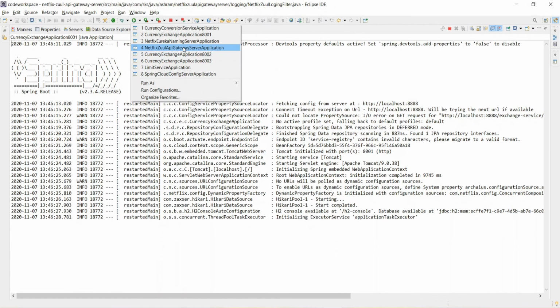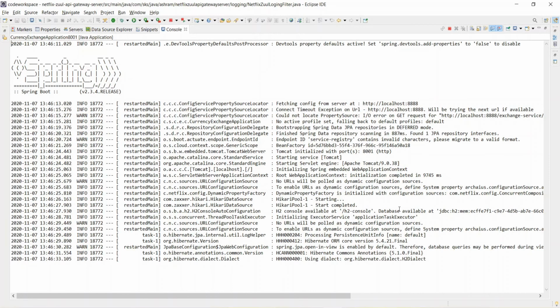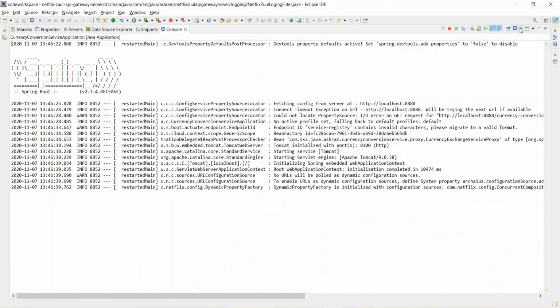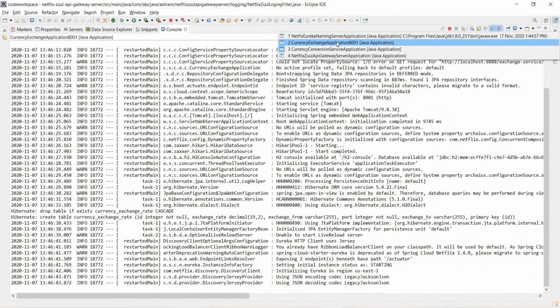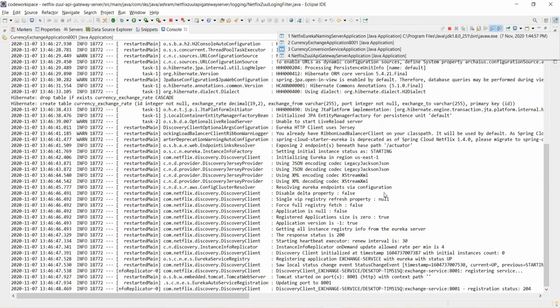It started, but it may take some time. If you want to see which microservices are running, you can come here, and see, it's already started. Netflix Eureka naming server application. All services are getting started.